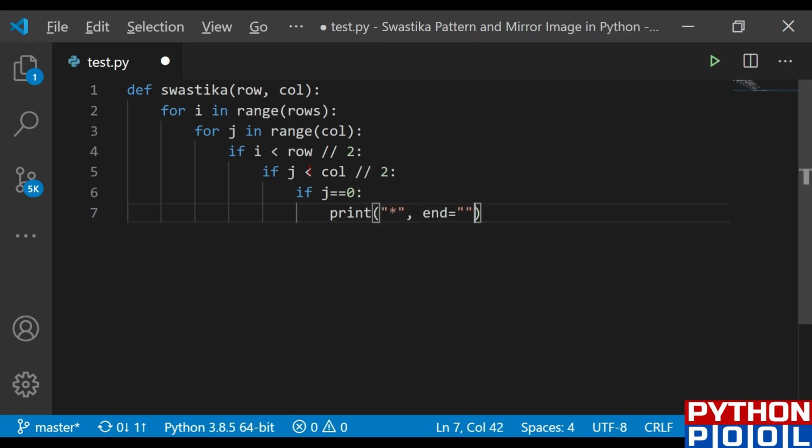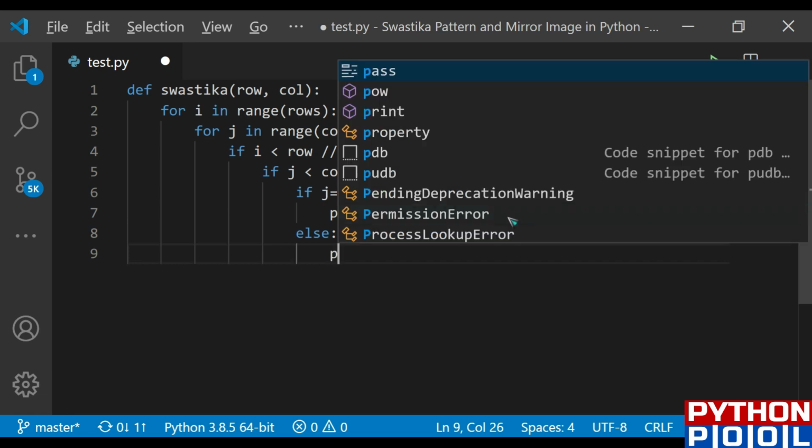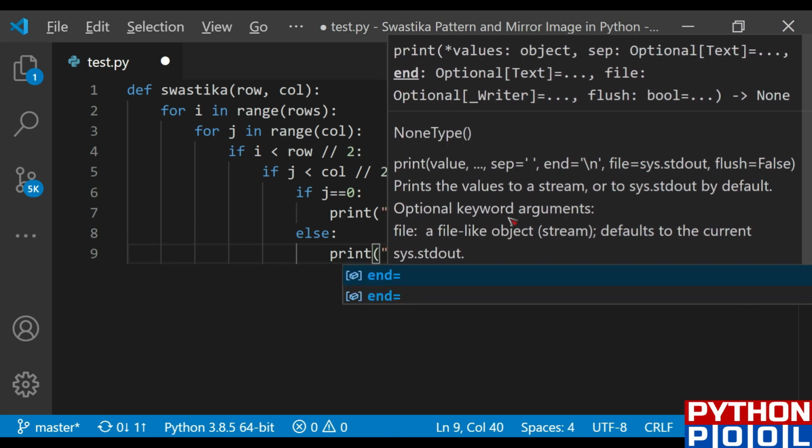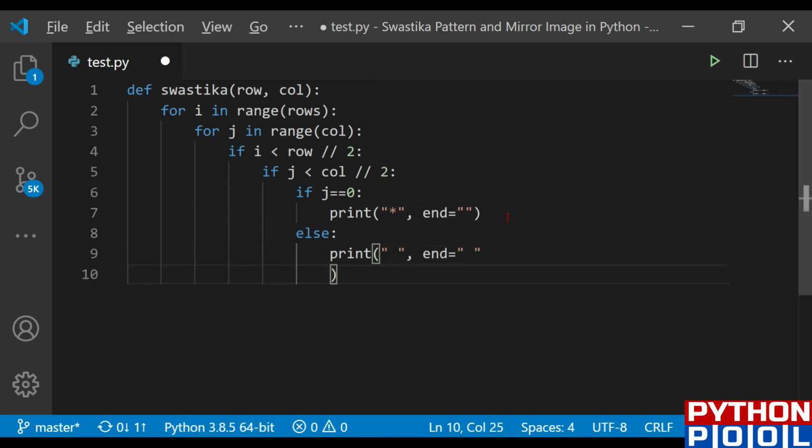So this is my if condition, and if it is not the condition, then I need to print the blank, and the ending should also be the blank. Now this is for j equals 0 or j less than column by 2.